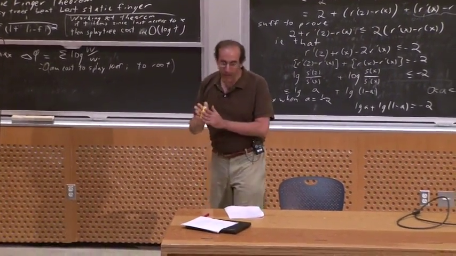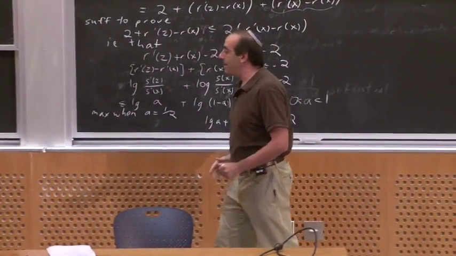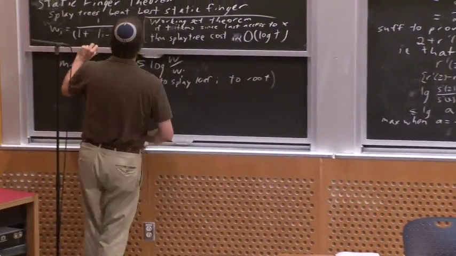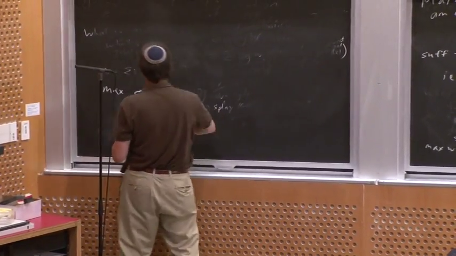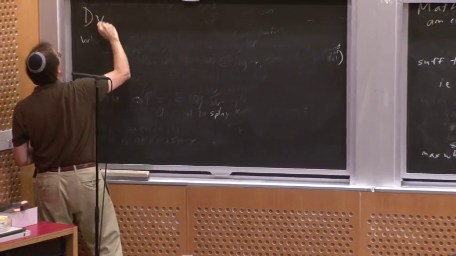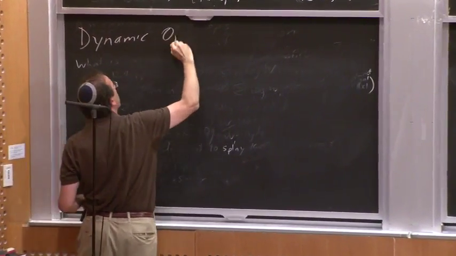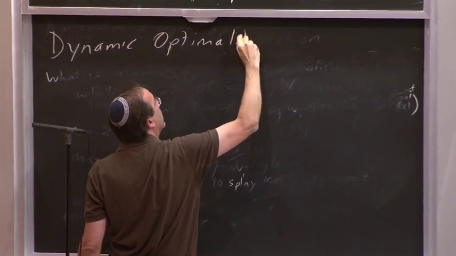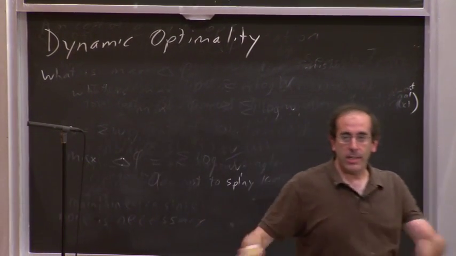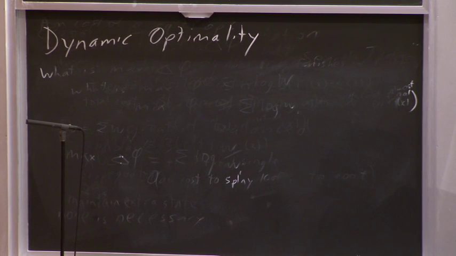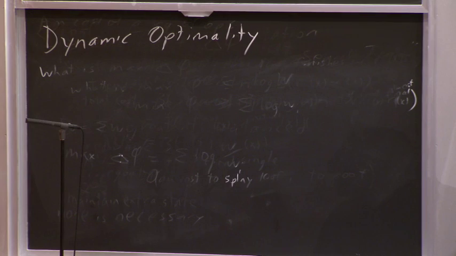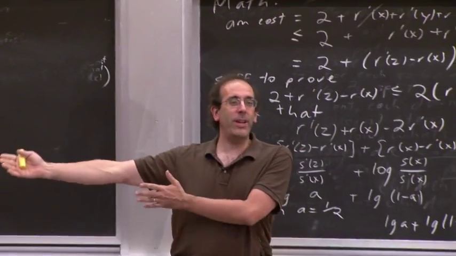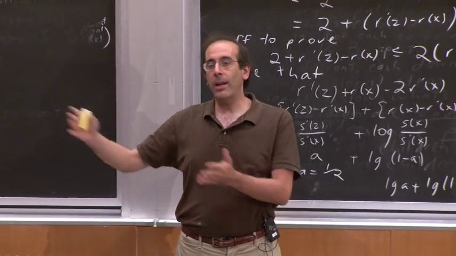So this leaves us with a really interesting conjecture, which has been around right from the beginning and is still open. And that is the dynamic optimality conjecture. It says that if you look at a sequence of accesses to a binary search tree, there's some set of rotations that are the best possible set of rotations that you could do looking back on those accesses. Like if you knew in advance what the accesses were going to be, then when an item was searched for,